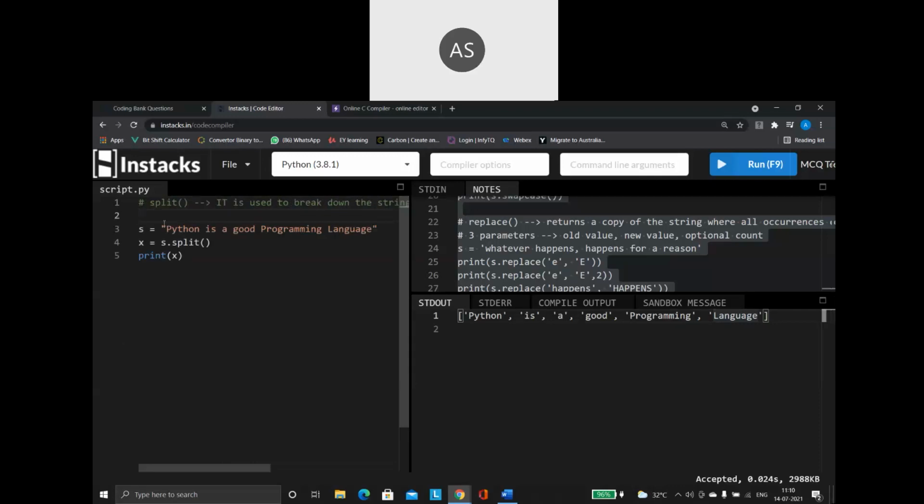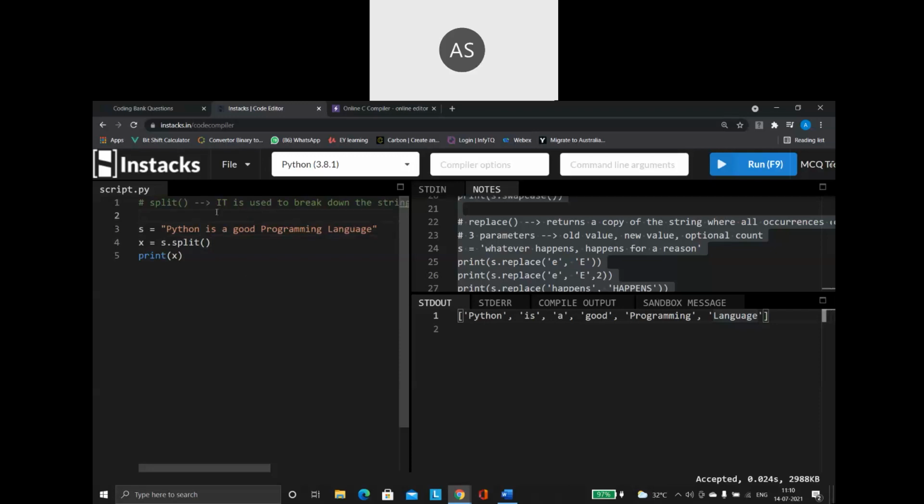Based on a separator means, how will I know this is the first word, this is the second word? There should be some separator, right? Something should separate the first word and the second word. Here my separator is a space. So I am saying whatever is given after a space is a new word. So you are going to split a string into multiple values based on a separator, and in our case the separator is a single space, right?